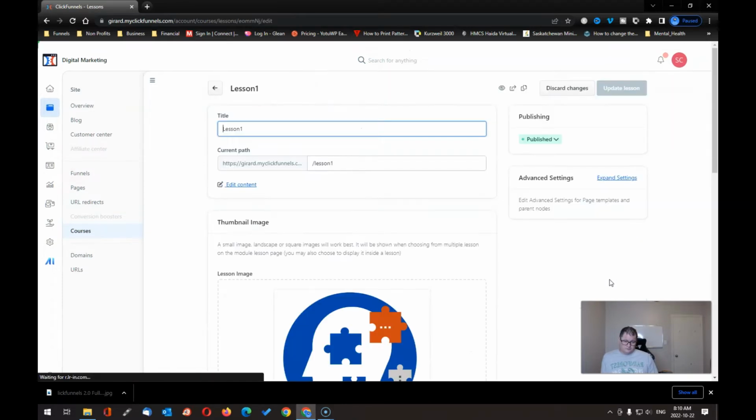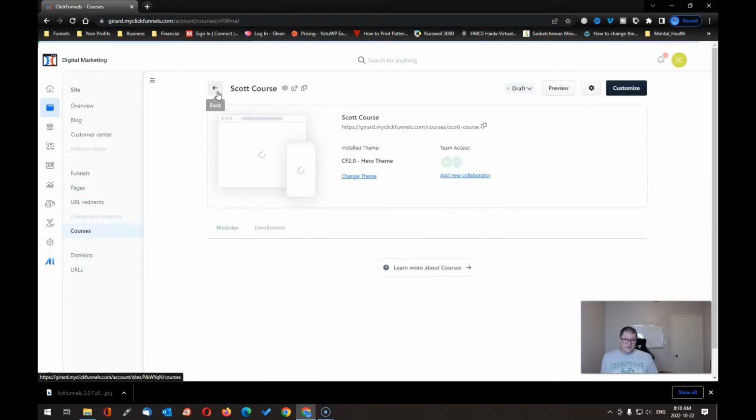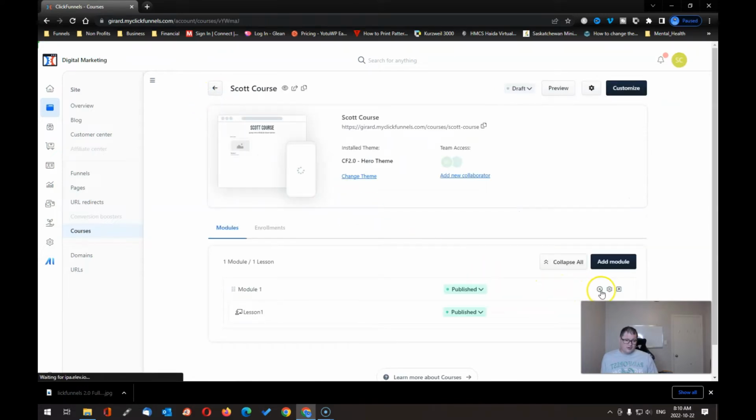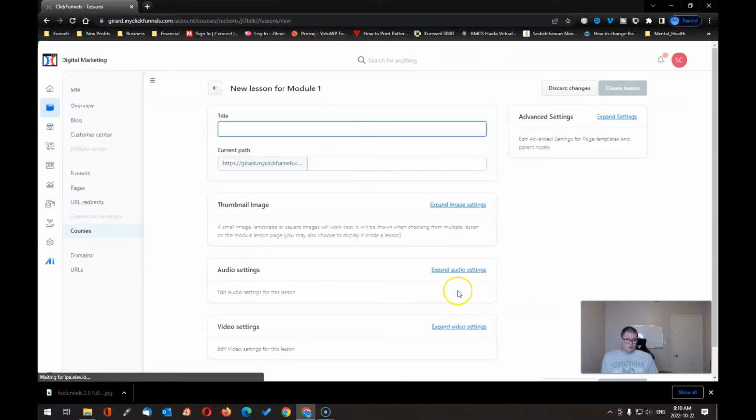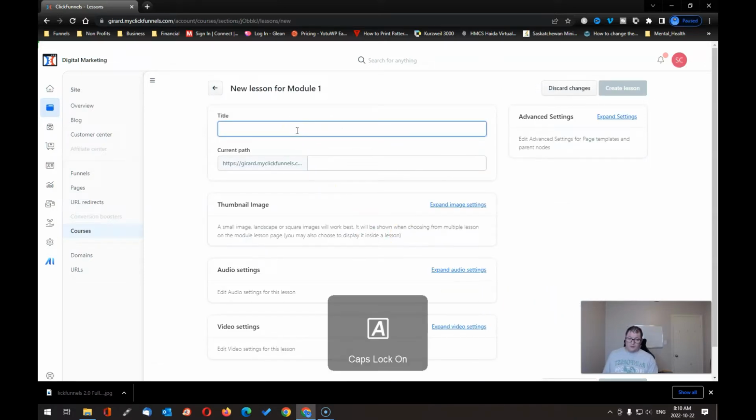Now, when you come in here, this will be editing the lesson itself, but you want to go in if you want to add a component. I love how easy this is to go in. So now I can create lesson 2,